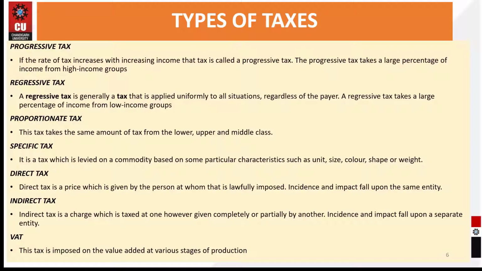So I think that makes it absolutely clear what the different categories of taxes are that can be levied by the government. In India, the government levies two kinds of taxes. One is direct tax and one is indirect tax. The direct tax which is levied by the government is progressive in nature, and the indirect tax, that is GST, which is levied by the government, is regressive in nature. So basically, the government categorizes the tax which is levied on the people of India into two categories, direct and indirect. I hope it makes you clear.